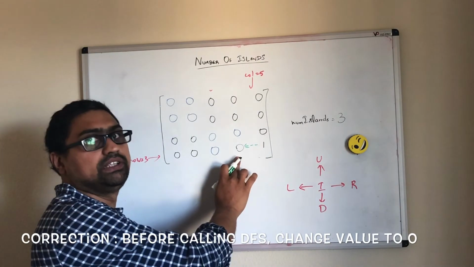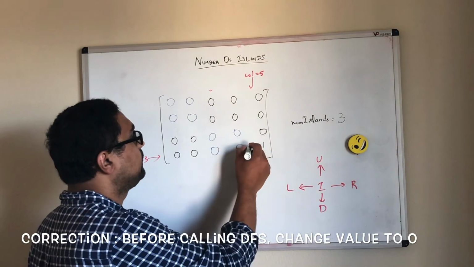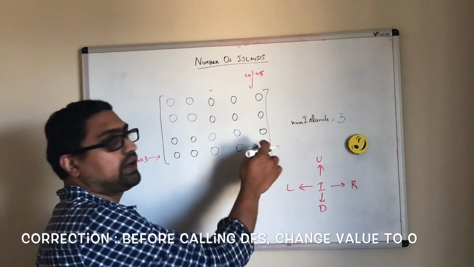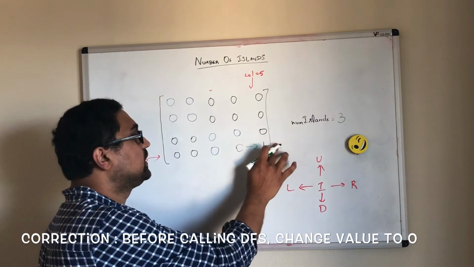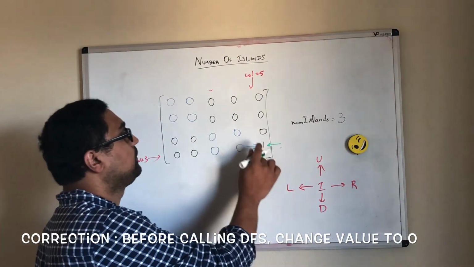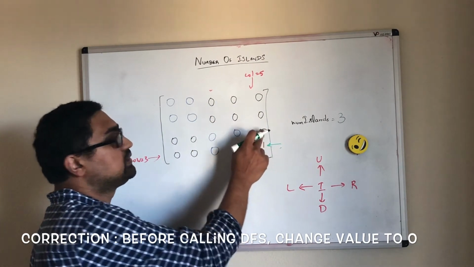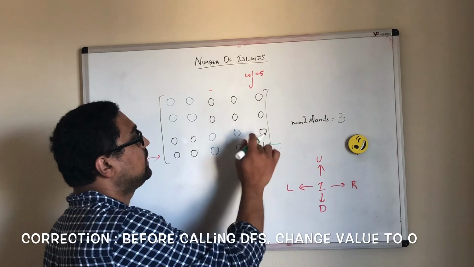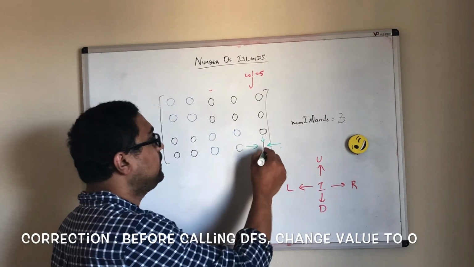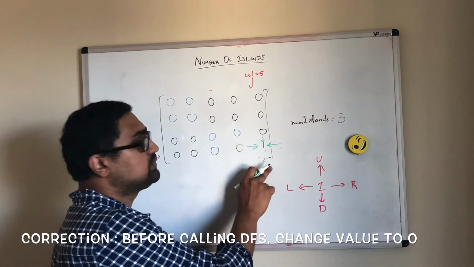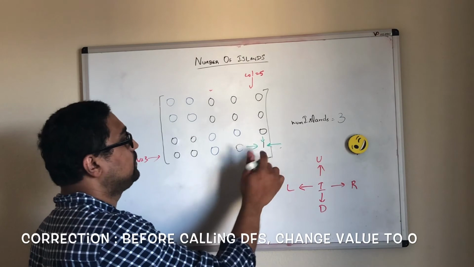This value here is 0, that means it's water, so we can come back in the recursion. Let's visit the right neighbor. This is an invalid value, so we can come back in the recursion. Let's visit the top neighbor. This value is 0, so we can come back in the recursion. Let's visit the bottom neighbor. This value is again invalid, so this cell is invalid, so we can come back in the